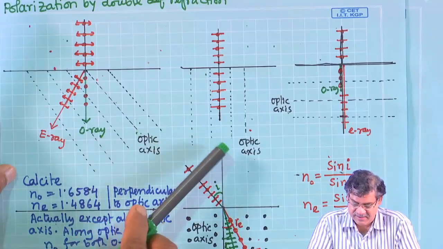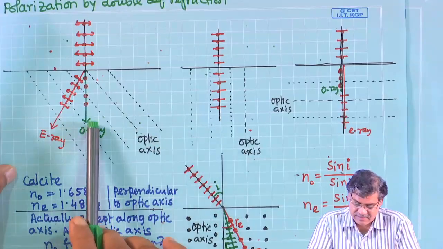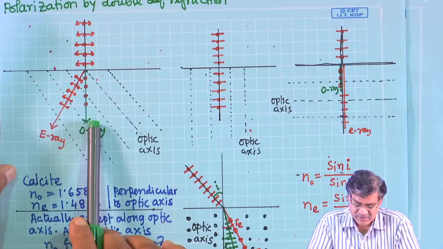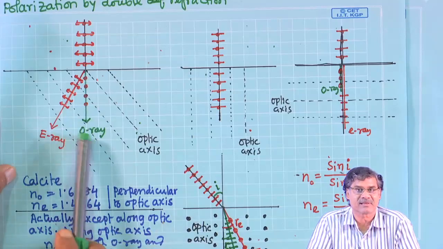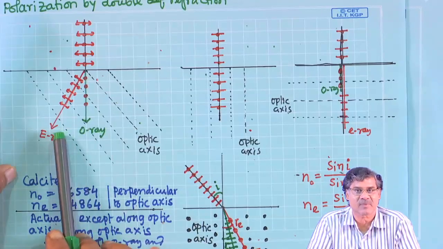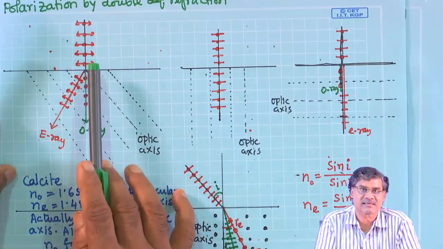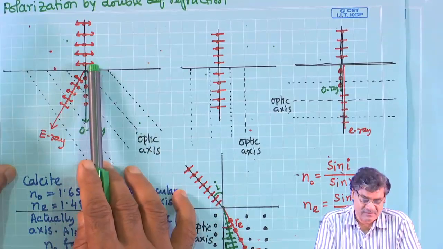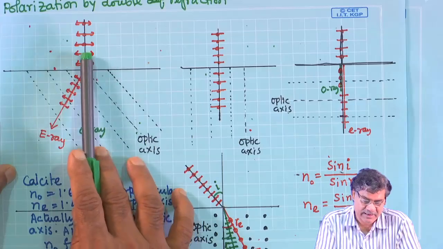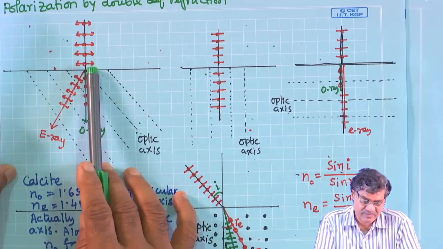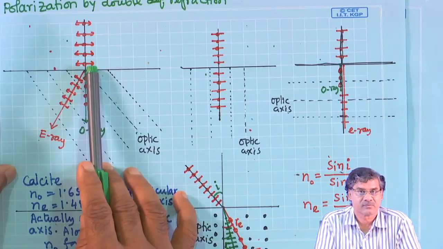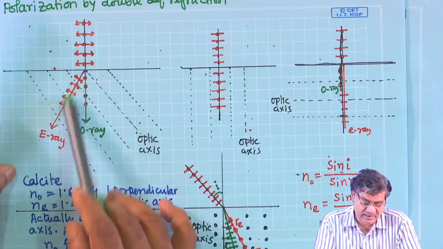The refractive index is different, that is fine, but here it seems as if Snell's law is violated, right? The incident angle for both cases is 0, but here we are seeing